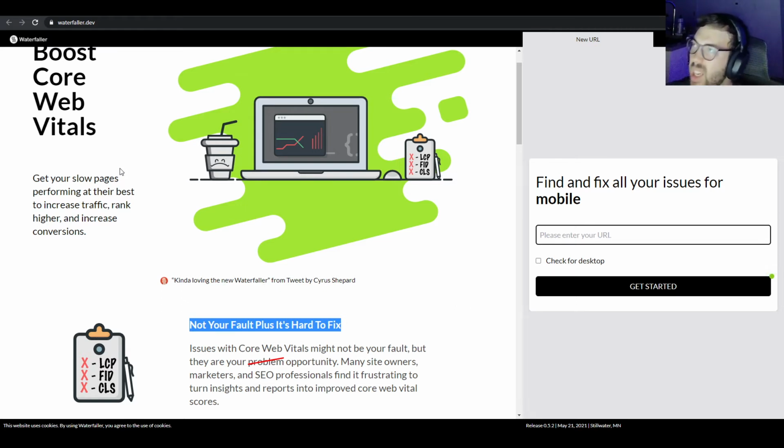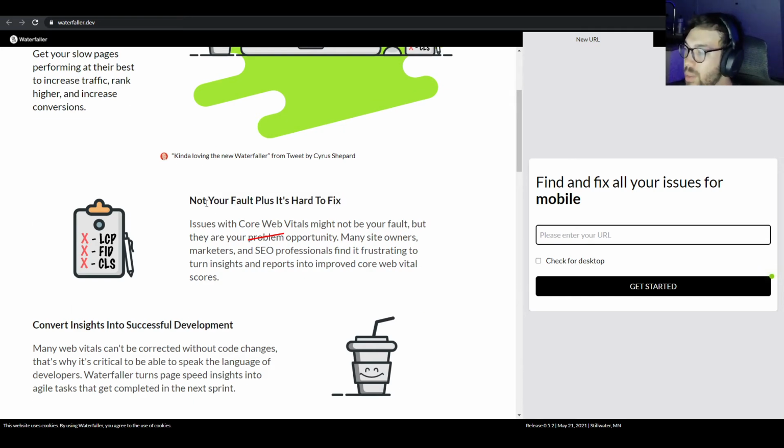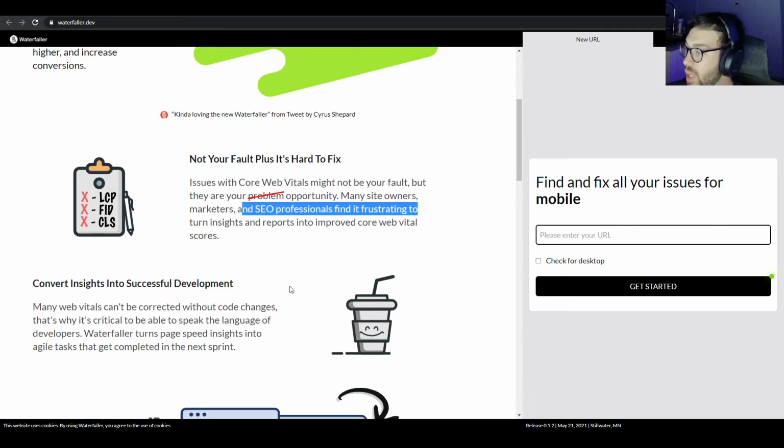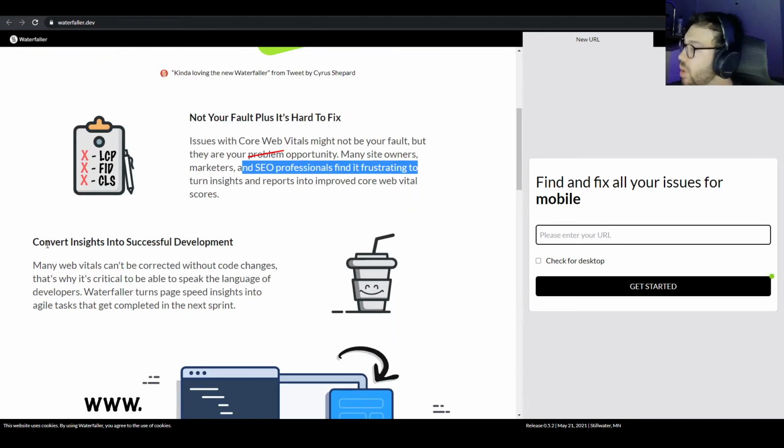Don't try to talk to them like, what's the word, oh man, I kind of missed the word. It's like when you're trying to make it feel like people are 5-year-olds. So anyways, my point is you should just get straight to the point and say it's hard to fix Web Vitals, core Web Vitals, but that's why I built this tool. And then you can say many site owners find this frustrating, and therefore I built this tool to help you convert insights into